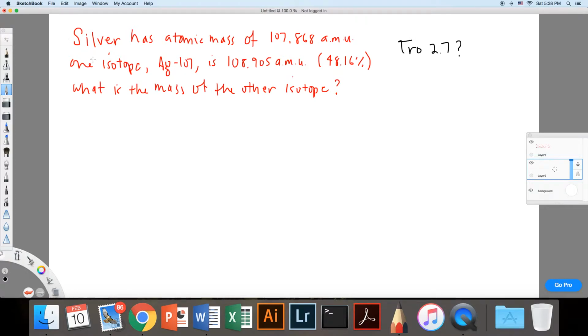So the question is this: silver has an atomic mass of such and such, okay? One isotope, silver 107, is blank. What is the mass of the other isotope? Okay, so let me remind you before I begin the solution that the formula for atomic mass